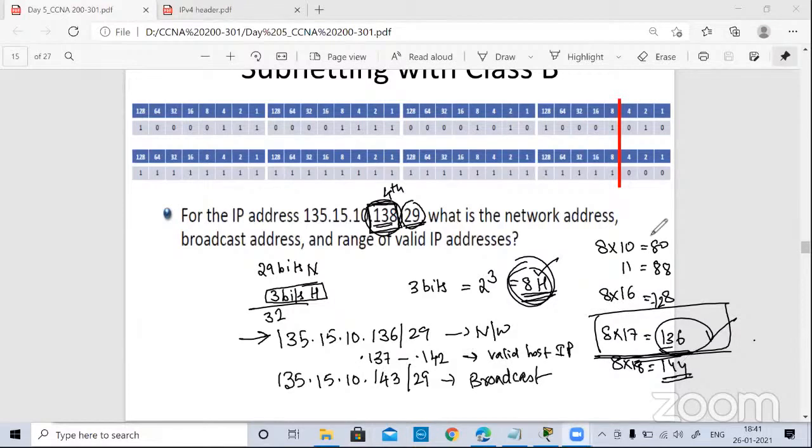How to find how many networks are there in this? Now, in this case, if I have to see how many networks we have in this IP, what we have to do is consider this as, yes, somebody is saying 32 networks. How 32 networks? How can we say that it is 32 networks?